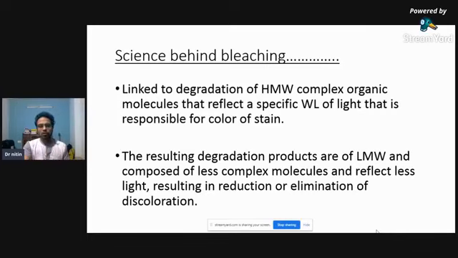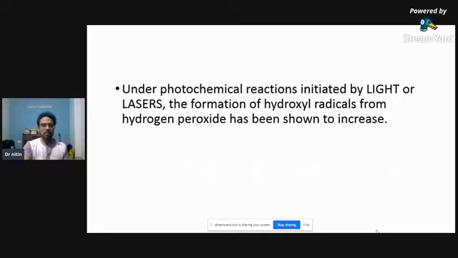Okay, so when you understand the science, how it acts, you are better able to decide. Yeah, so these were the main components, but we should also focus on how the procedures are done. Basically, several light sources have been advised when we go for a laser treatment. That is, the bleaching kit inherently has bleaching components, but when we assist with a photochemical reaction, that is through a light source, lasers, or other components, it is said that the free radical formation or the hydroxyl ion formation